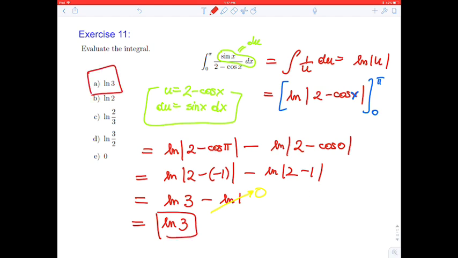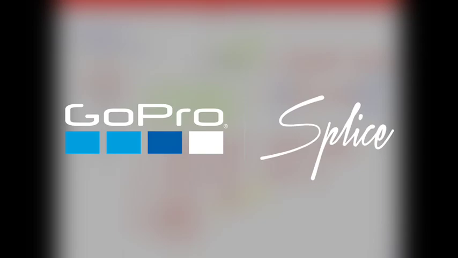Yes, we did find the correct answer. Okay, that means please go through all of these integrals, make sure that you know how to integrate them, make sure that you understand the concept, and of course